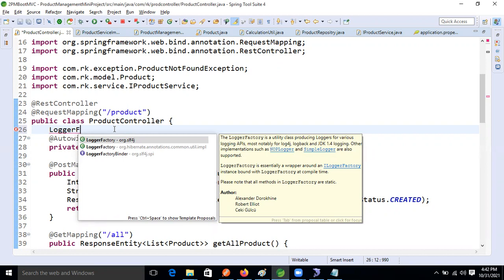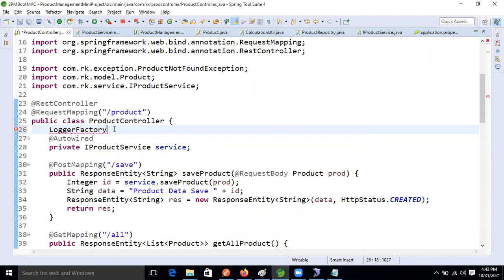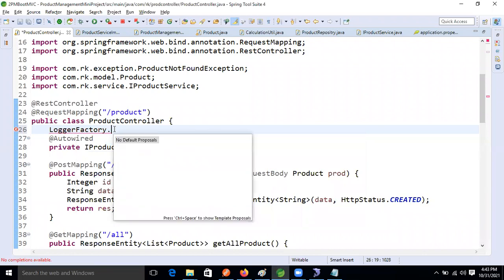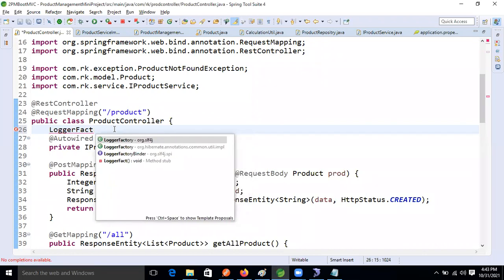Logger factory is the class itself. Why is it not showing now?